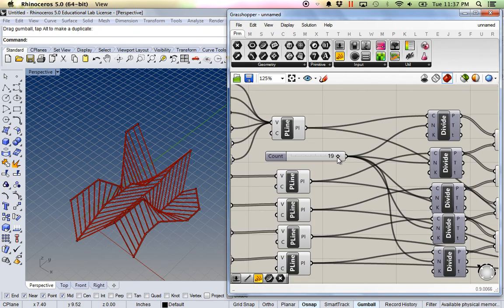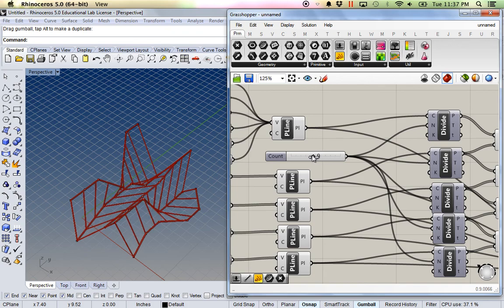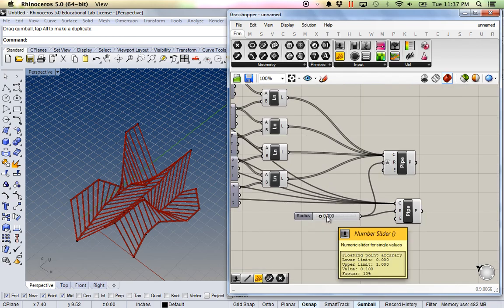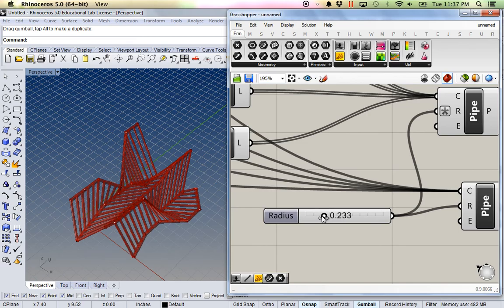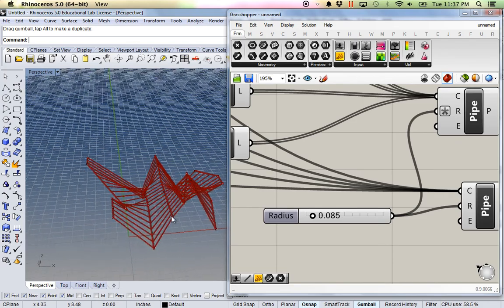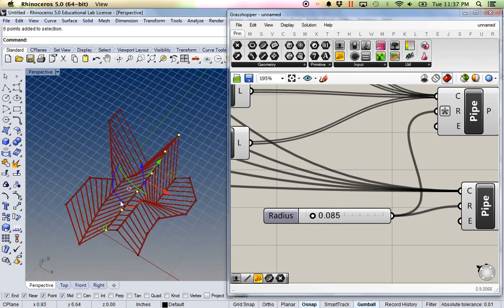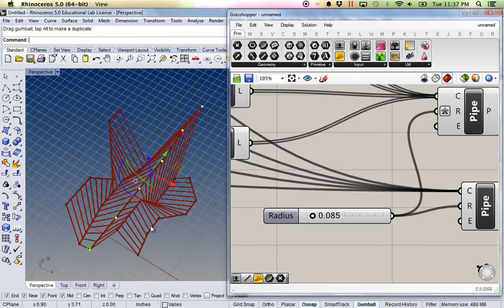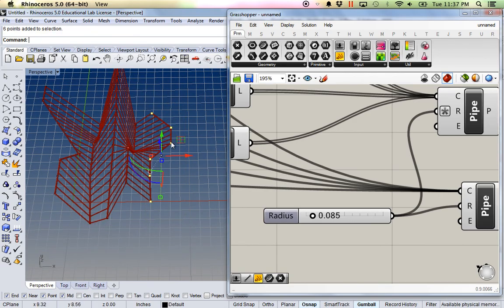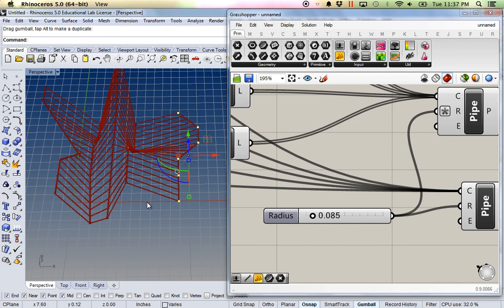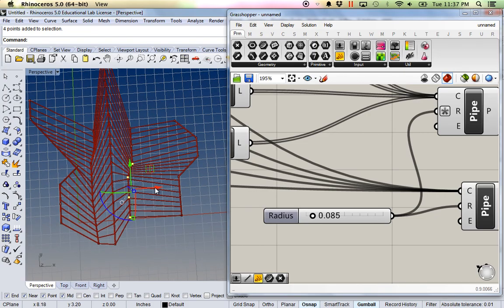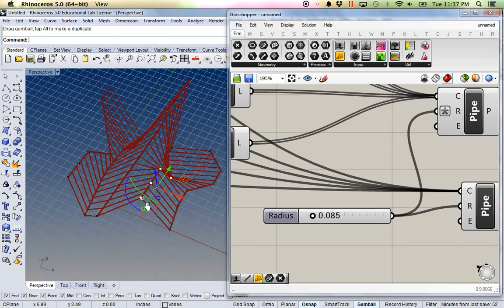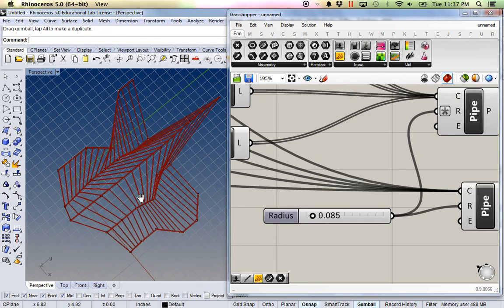So now I have a couple different variables again. The total amount of division points, which is affecting the total amount of lines, and just one slider that's adjusting two different types of pipe radius. Right, and everything's essentially being controlled in or through these individual Rhino points. That's adjusting everything. Right, and again, this is still living in some kind of